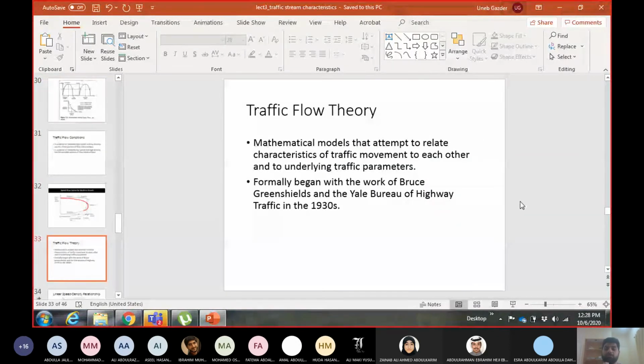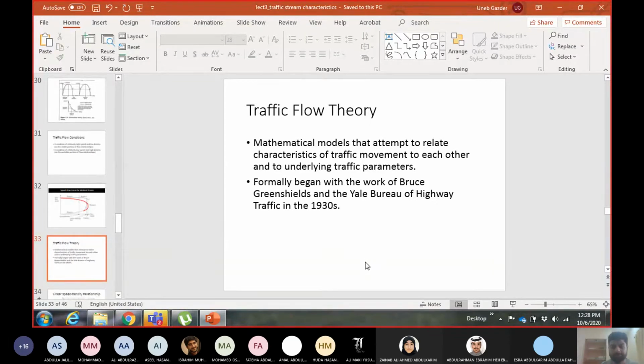Okay, so the equations which we have seen earlier and the equations which we will derive now are part of traffic flow theory. Okay, so what is traffic flow theory? These are the set of models that define the relationship between traffic flow parameters, speed, flow, and density. Now models, I don't mean the models which you see in the advertisements and the advertisement boards. I mean the mathematical models, mathematical equations. In our language we call them equations, right? So the mathematical term, or the technical term, is model.